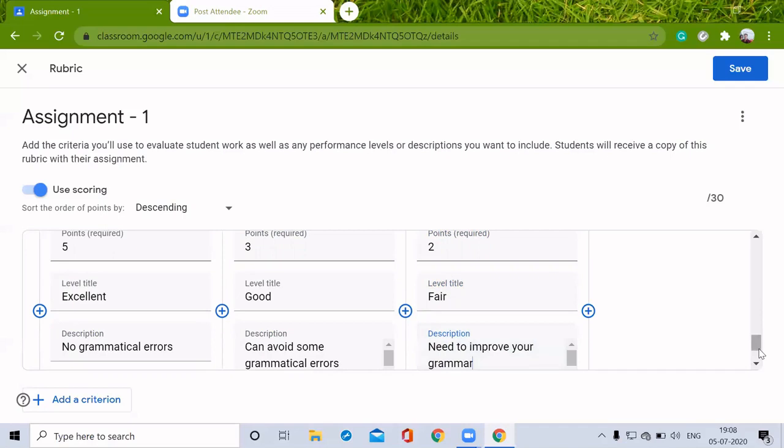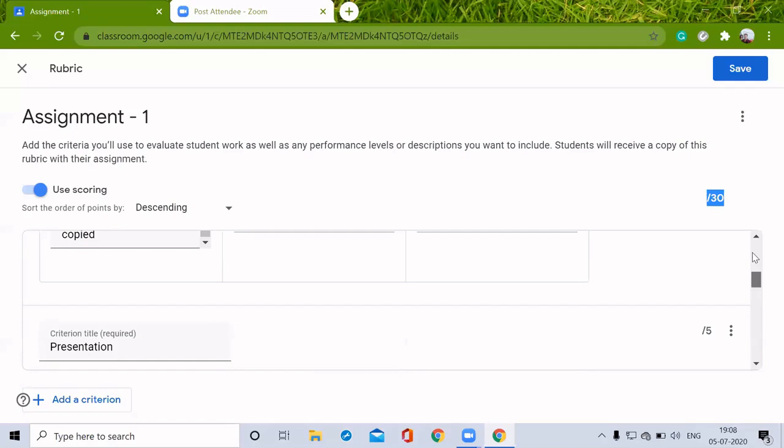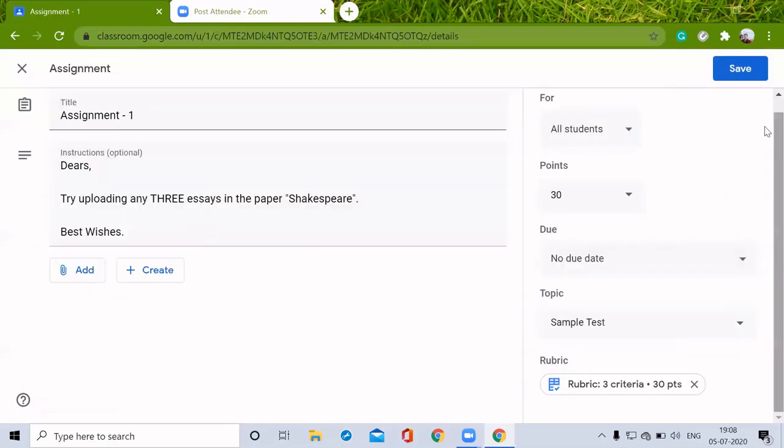After that, we can check it here. I have allotted all the 30 points here by adding 3 criteria with 3 levels. After this, I'm just going to click save. So this criteria has been added.